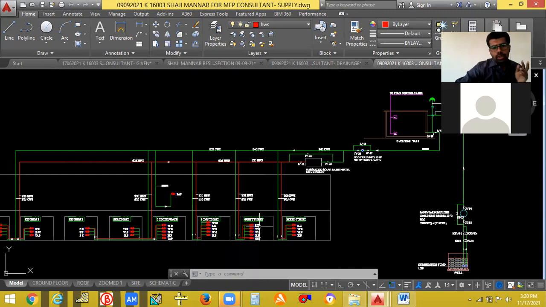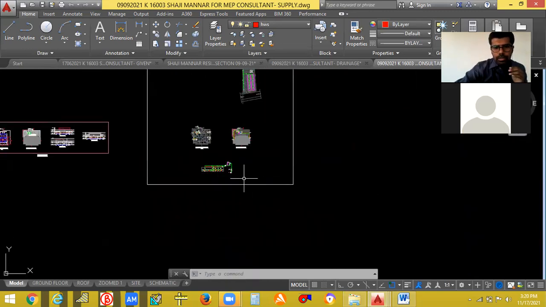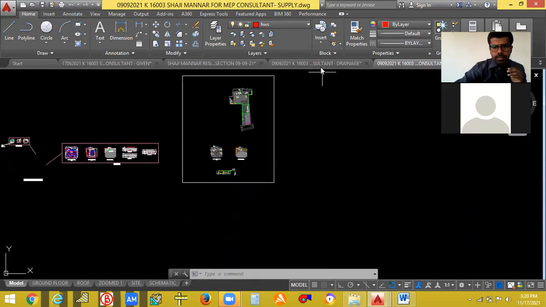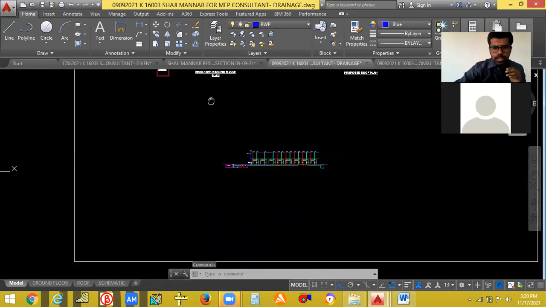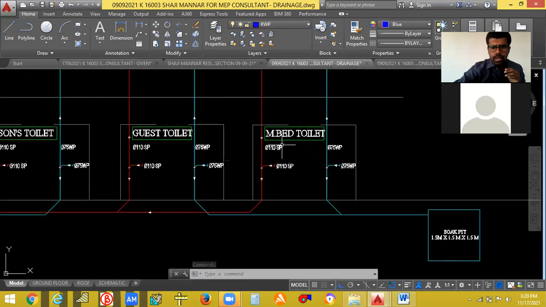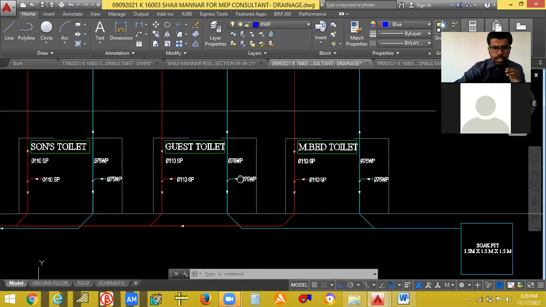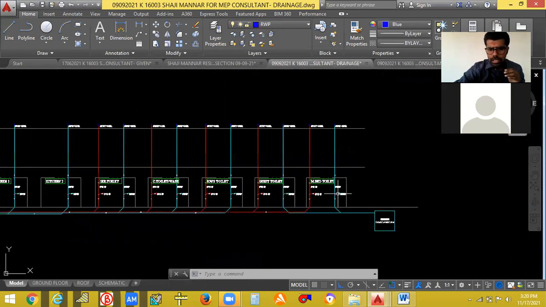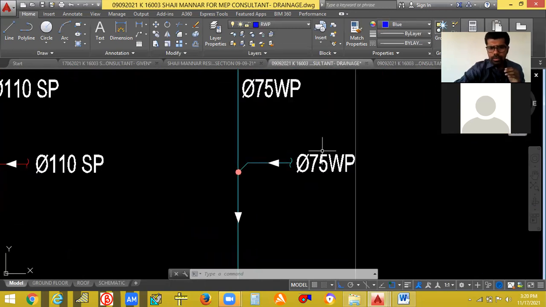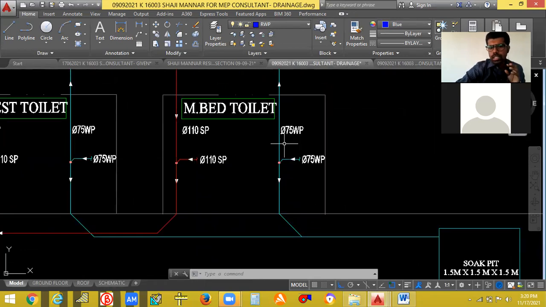The same way, for drainage also you will have a schematic drawing. You can see here, the same way you have the bedroom, guest room, etc. Every toilet is there. From there you can see the 75 waste pipe. You just need to show only this much. Then 100, because there is a floor drain as well as a soil pipe, right?